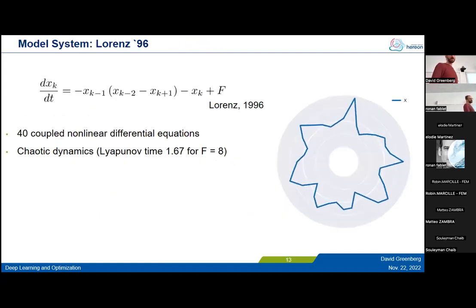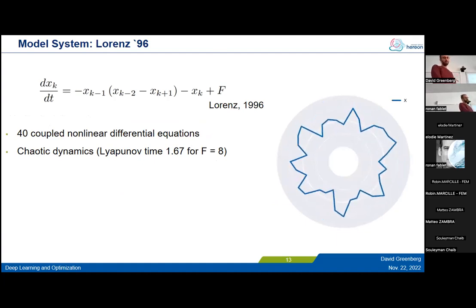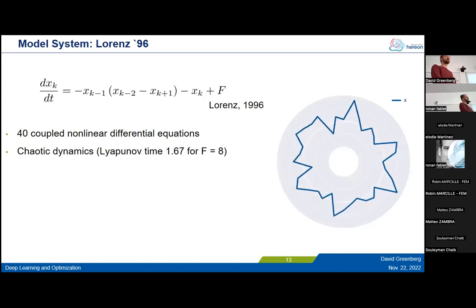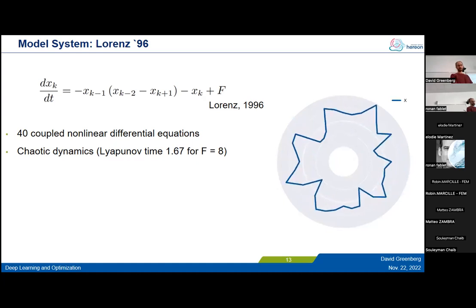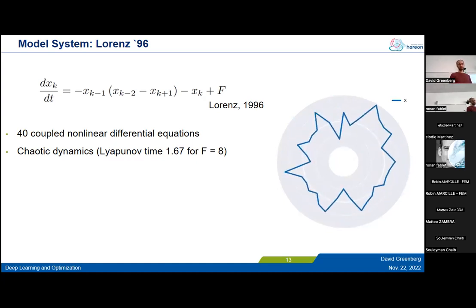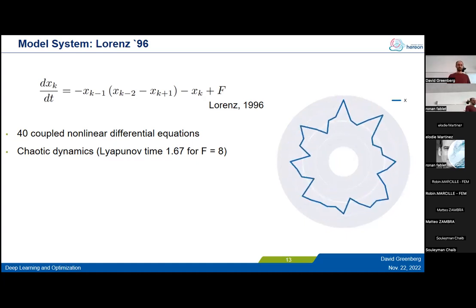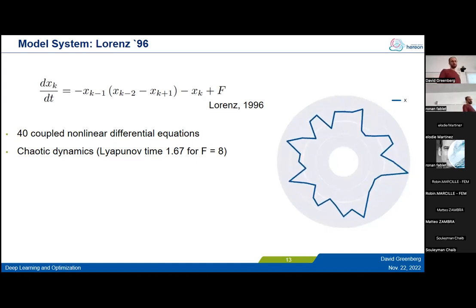Then we wanted to test this, first of all, in a simple toy model. We settled on the Lorenz 96 model. We wanted something where we could easily calculate the true input-output derivatives to see if our neural network was giving the right answer. We wanted something where we could adjust the system size, and we wanted something simple. It's a very interesting paper that actually introduced it, but it's basically a simple model of something sort of like advection, not really, where we have a system of coupled ordinary differential equations